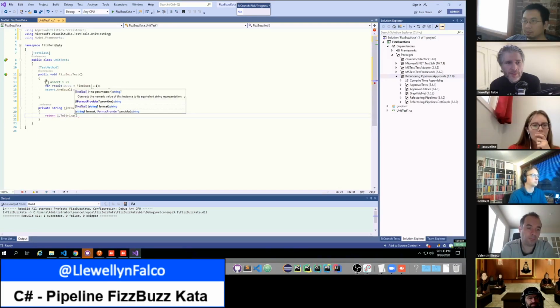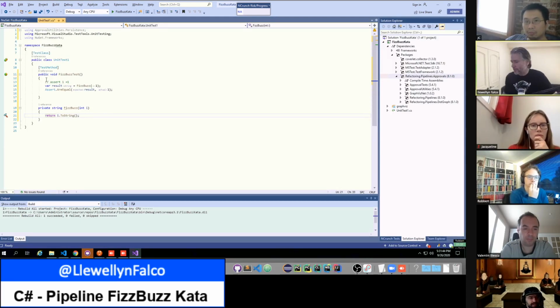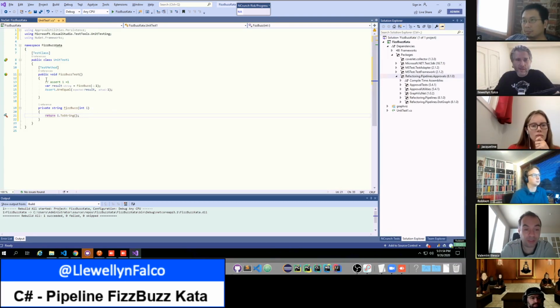Sure. You know, I feel a little conflicted about this kata. Like we have some goal here. I'm okay making this pass, but I feel like the next thing would be a refactoring into a pipeline and a test against the pipeline. Sure, let's do that. The only thing is the actual should be a string. Yep.